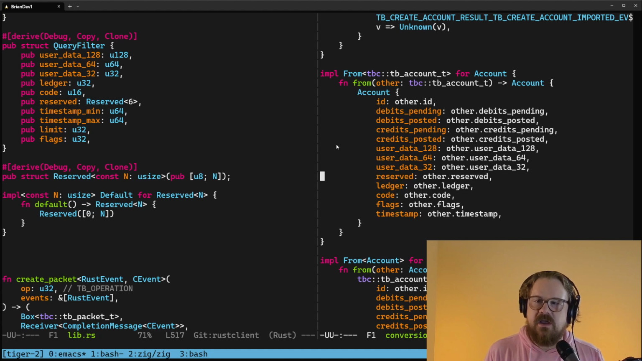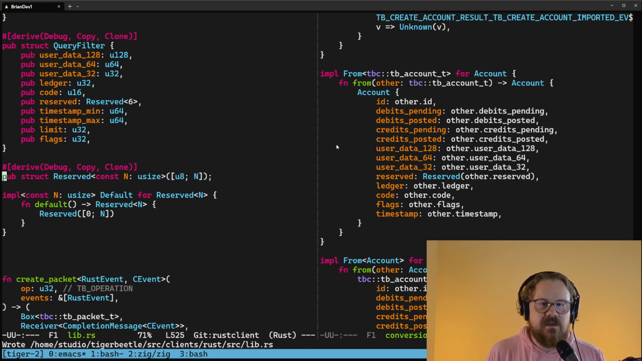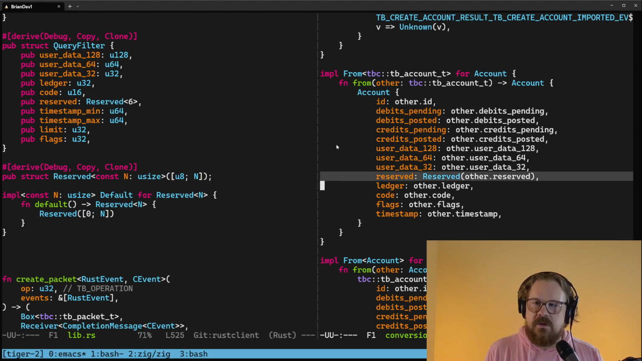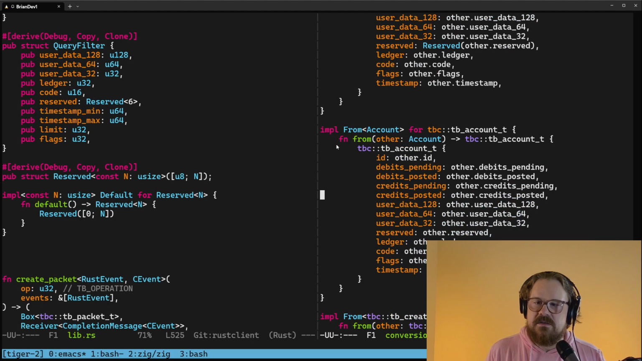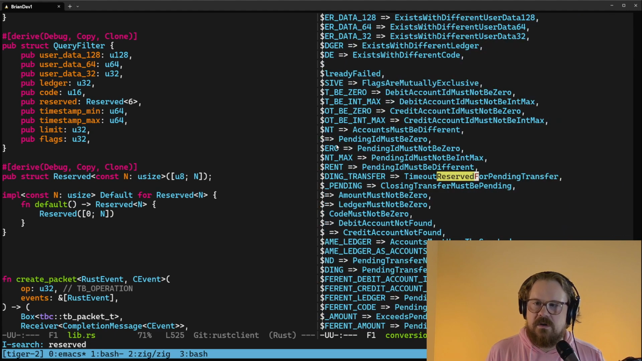Here, this is creating an account, so we just wrap this in a reserved. And I am already regretting making this public. I don't think callers need to know what's inside of a reserved. So that should work there. And then here we're going the opposite direction. So here we just take the field out of the reserved. There should be one more